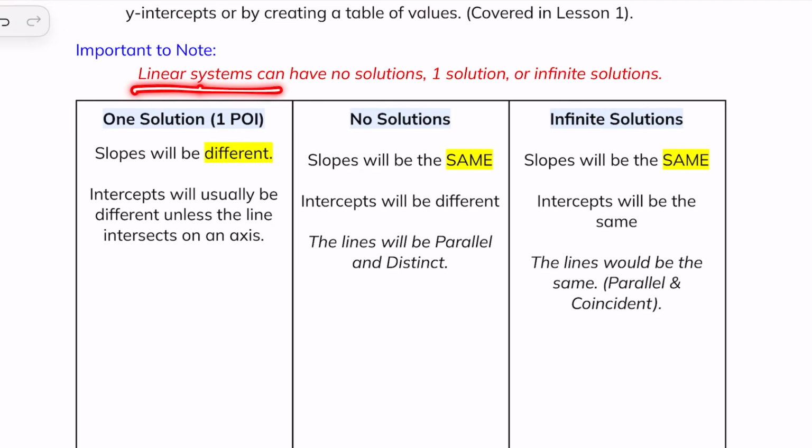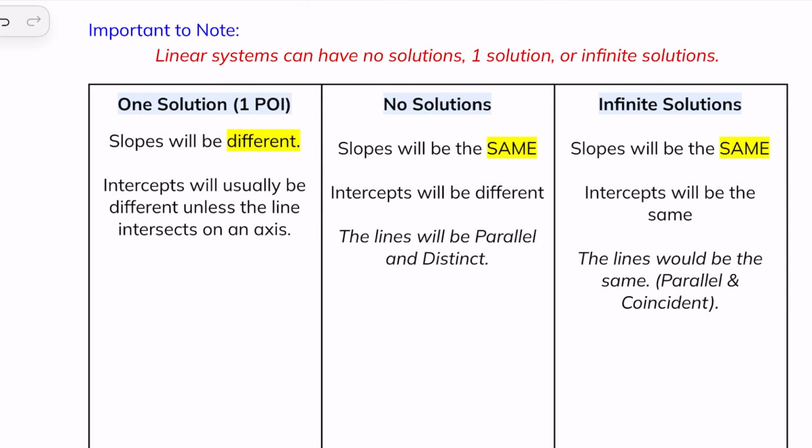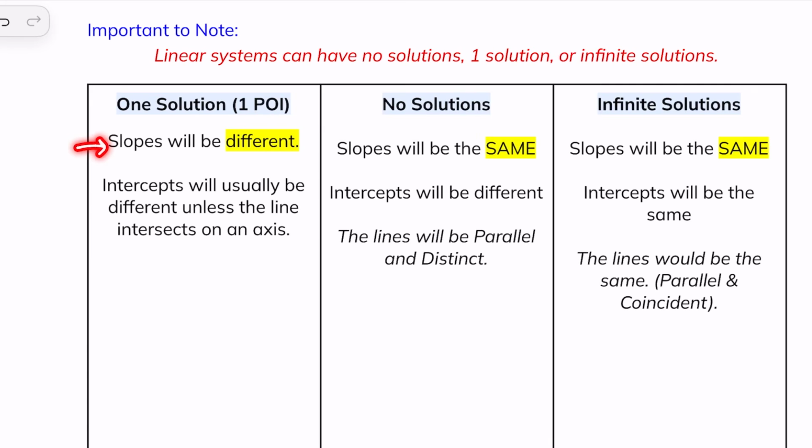So linear systems can have no solutions, one solution, or infinite solutions. There are three cases that we can have when we're solving for the point of intersection, so we're going to look at each case on its own. The first one is when we have one solution, so we're just going to have a point of intersection. Basically the slopes will be different and the intercepts will usually also be different, unless the line